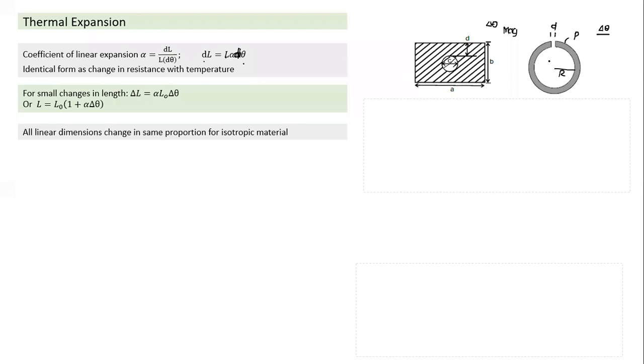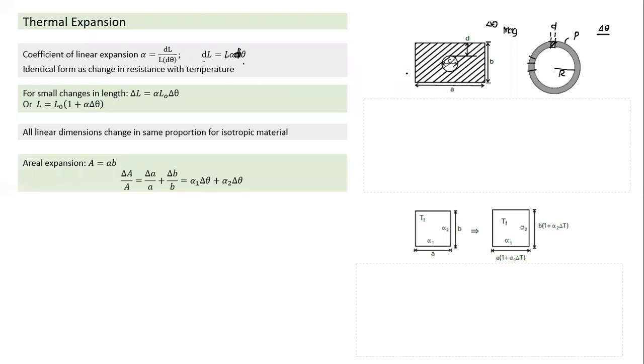The way you can understand this is, suppose this gap was not there. Suppose this is a complete ring, and I have put a mark here, marking this end and this end. When I increase the temperature, every piece of the ring will increase, and so will this part. So the change in the dimension between two parts, whether this central piece of the ring is there or not, will behave in a similar fashion. This gap also will increase.